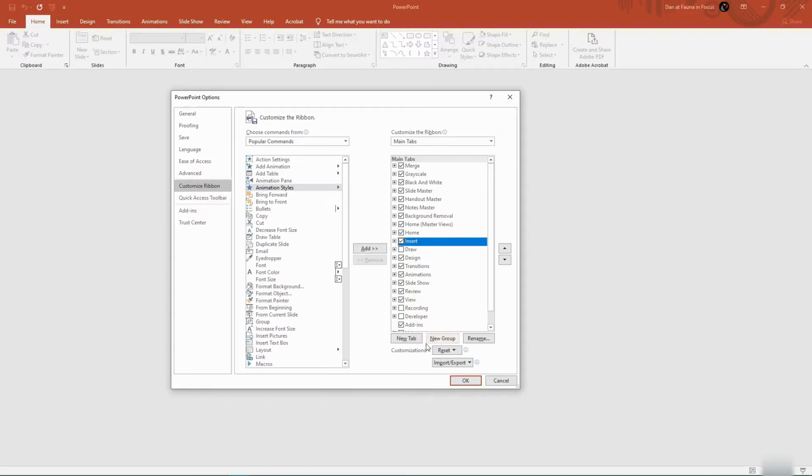So you can add them to different tabs. You can make new tabs. There's all sorts of things you can do by doing this. You can even create your own groups and do a lot of customization. So we're not going to go through it in these courses, but it is important to know this is here